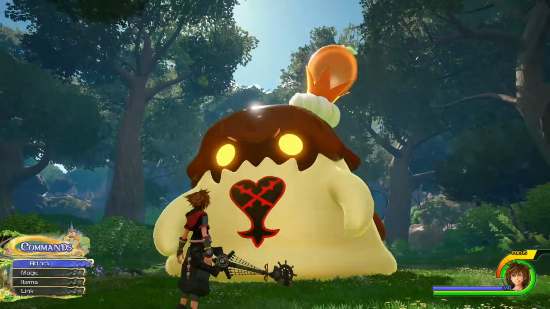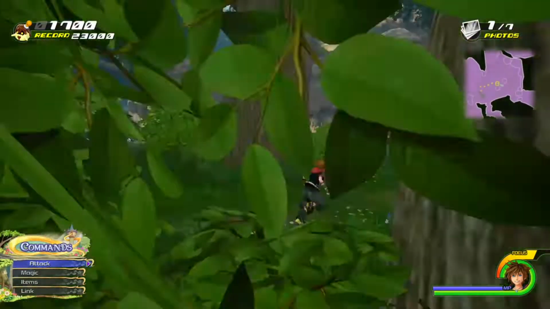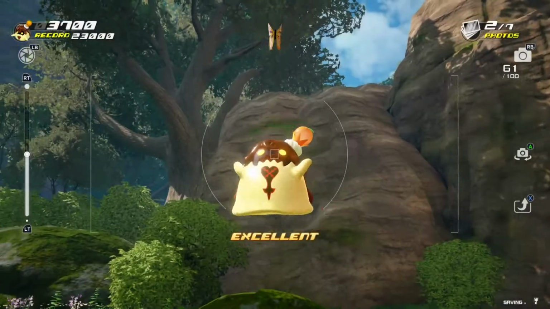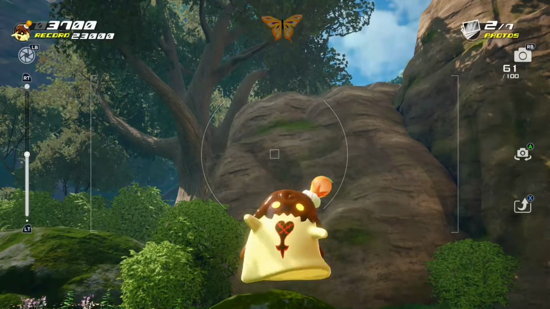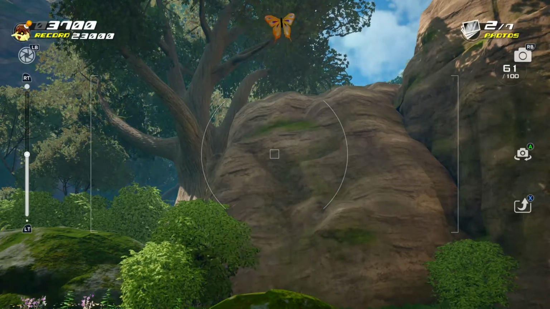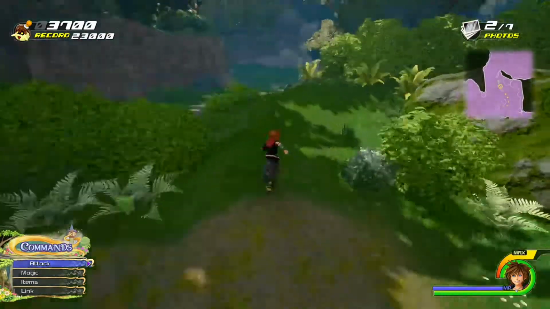Spawning in at the tower, head through the cave where the orange pudding will be waiting. This pudding loves photos, and to meet the point requirements, you simply need to take 7 excellent photos, but you're going to need to take 7 different excellent photos. For the first pudding, keep your camera on him until he turns to you and poses. For the second pudding that's chasing butterflies, wait for him to reach the top of his flight path and then